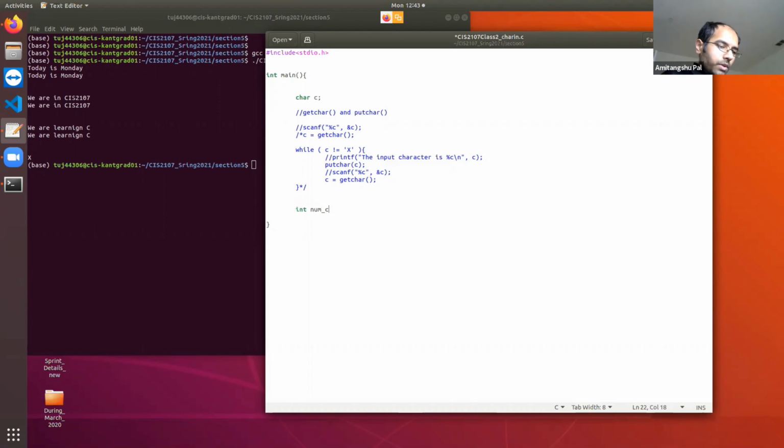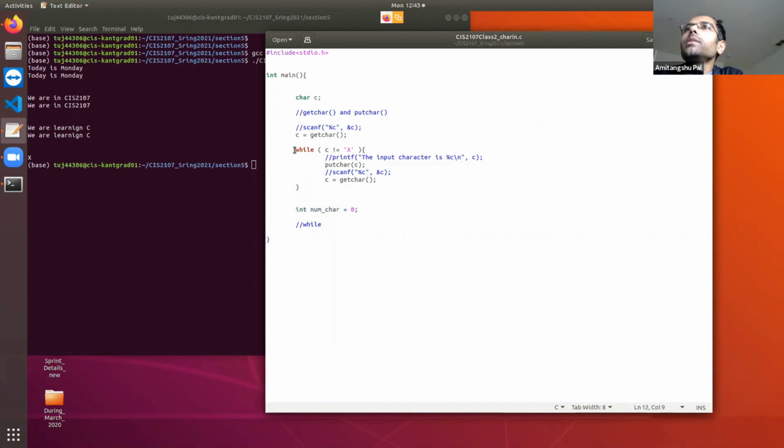Let's initialize the number of characters as 0, and then I can write while. Okay. Before going into this, let me just quickly write down a little bit more simplified way. Here I am writing c equal to getchar, c not equal to X, right?